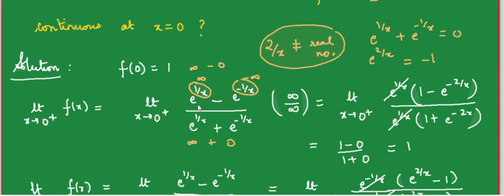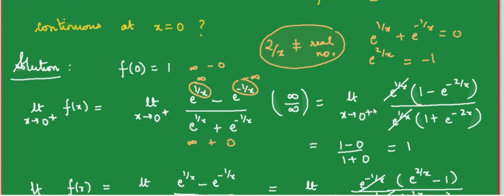So when you take e to power 1 by x out, it becomes 1 minus e to power minus 2 by x, and similarly in the denominator also e to power 1 by x is common. So this infinity problem which was arising, we have cancelled it out by taking e to power 1 by x common from above and below, and what we are left with is, now since x is tending to 0 plus,